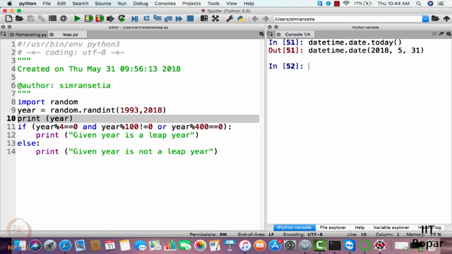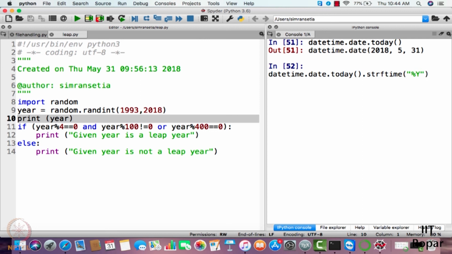Okay, you can even segregate the date in terms of year, month and day. For that, you just need to write dot strftime. In round braces, you have to specify what you want to display.